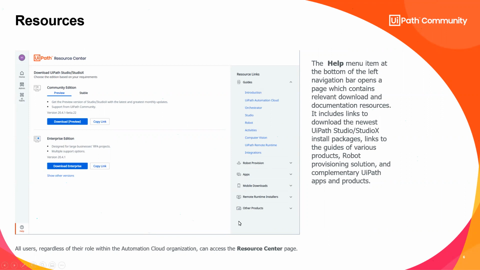Just again, one place store for you, and it has different options to download other software as well. For example, you may be working with Citrix and all runtime and all. You can always find the details here. So this is one other benefit. And remember, this particular page is accessible to all the users, right? So all different users who have access to your cloud invite, irrespective of their access type, can go to this help section and take advantage of these readily available